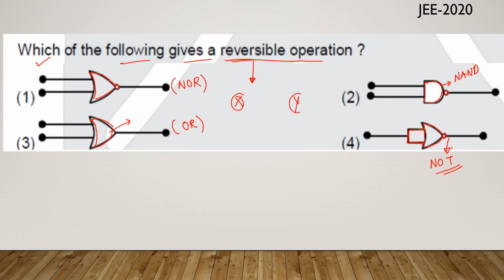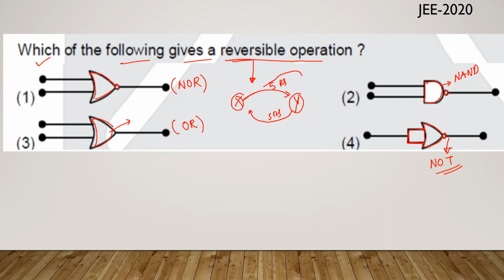There are two persons, X and Y. X has given 5 rupees to Y. Now Y can also give back 5 rupees to X, because this is a one-to-one operation. X had 5 rupees, and X has given 5 rupees to Y. Now Y can again give 5 rupees to X.